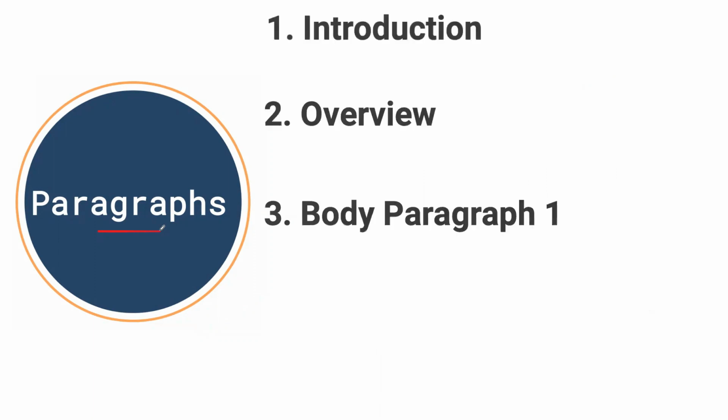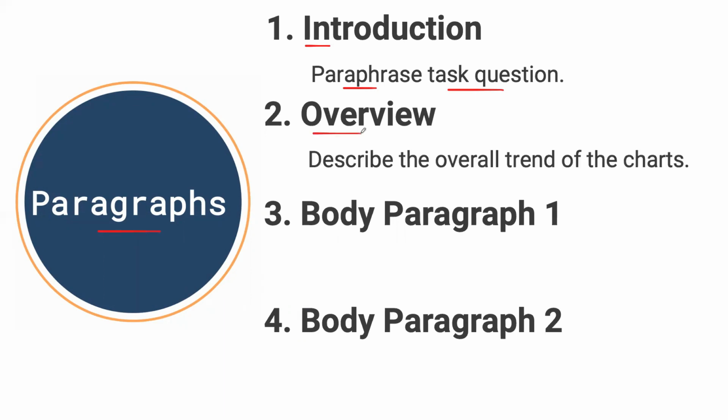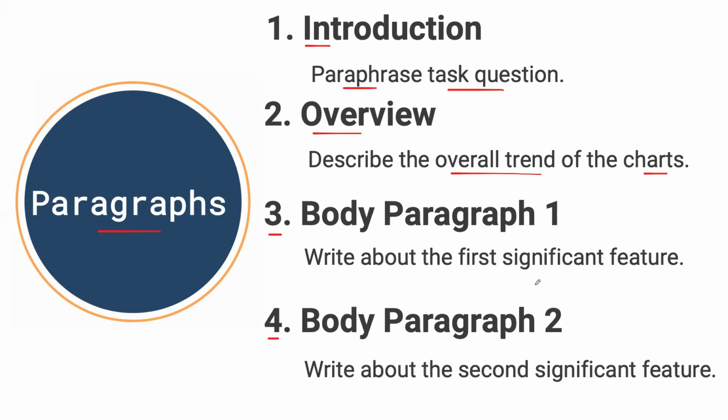We're going to do this in just a few minutes, and you can think of your outline just like this. We're going to have an introduction, and in the introduction, we're going to paraphrase the task question. So that means basically restating the question using different words and synonyms. Then we're going to have this overview paragraph, which is exactly what we just talked about. We're going to describe the overall trend of the charts. And then, quite simply, our last 2 paragraphs are going to be writing about the first significant feature and then